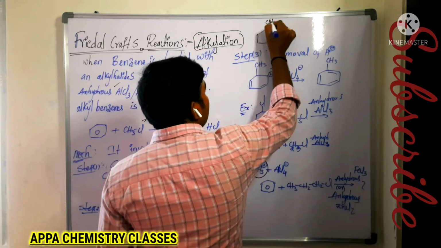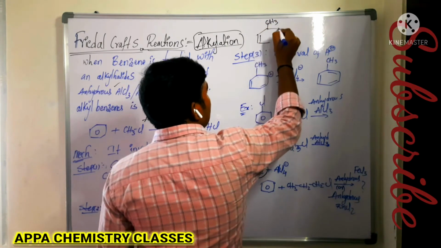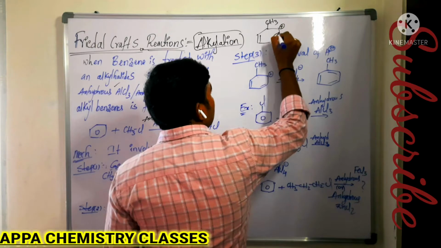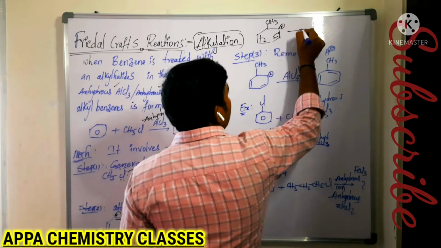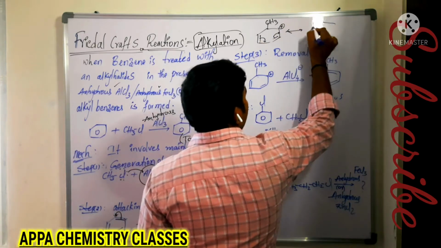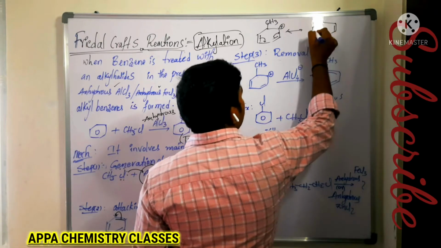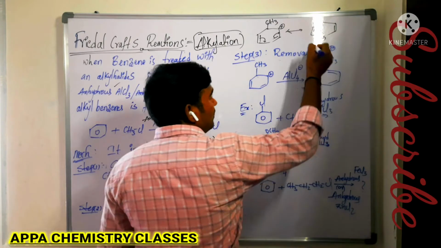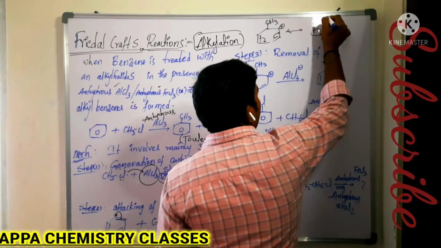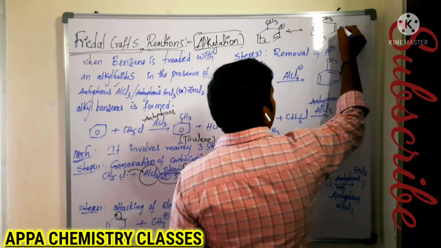Now you see how that positive charge is stabilized. Now this is methyl. So this is the positive charge, and it is stabilized in this manner. So it forms the sigma complex. Here we will initially get the positive charge. Whenever the pi bond is shifted here, the positive charge will be formed here.